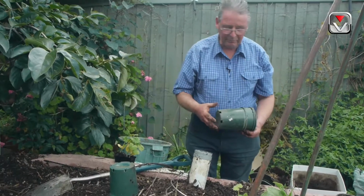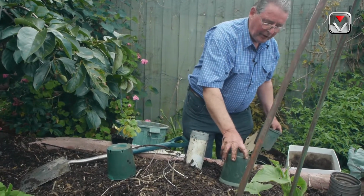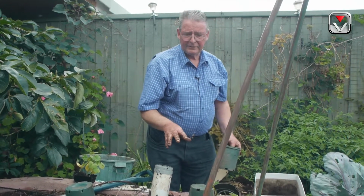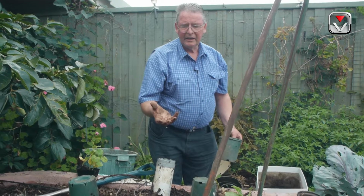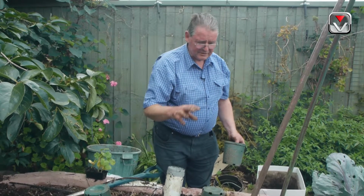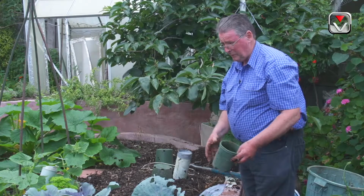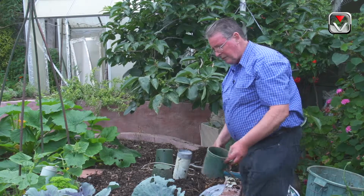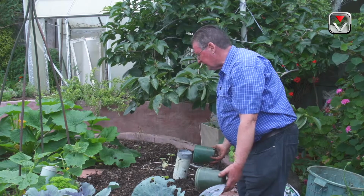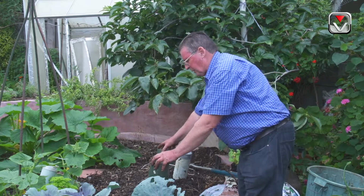And the other thing I do is I save some old pots, and for the first 2 or 3 days of planting I put the pot over the top of the plant, because the plant won't die, and this gives the plant time while it's adjusting to the roots establishing themselves in the soil. It saves the strain from the heat of the sun coming down on them. In this area we get very hot weather, and so that will protect, and so in 2 days time I'll just come and take those off, and they will be very lush